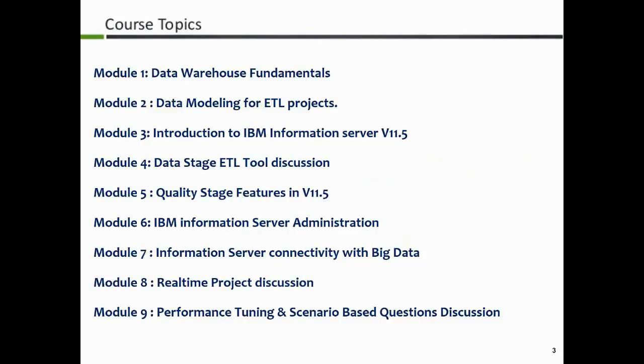Even in a real-time working environment, when you are working as a DataStage developer, maybe junior DataStage developer or senior DataStage developer or maybe tech lead, you are not going to be involved in the modeling because there will be a separate team who is going to take care of preparing the models for us, logical models, physical models, anything. But what we need to understand to build a data warehouse, that means a data warehouse is nothing but